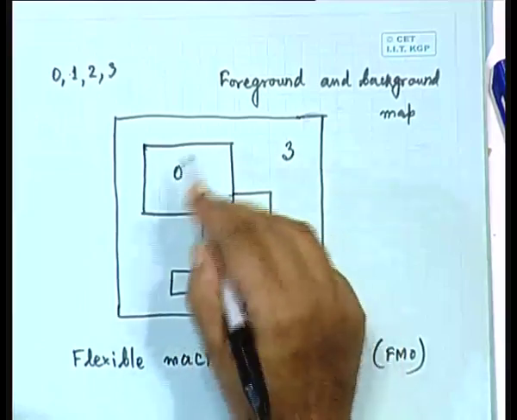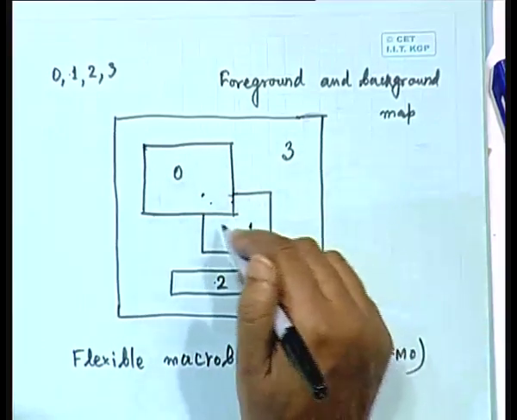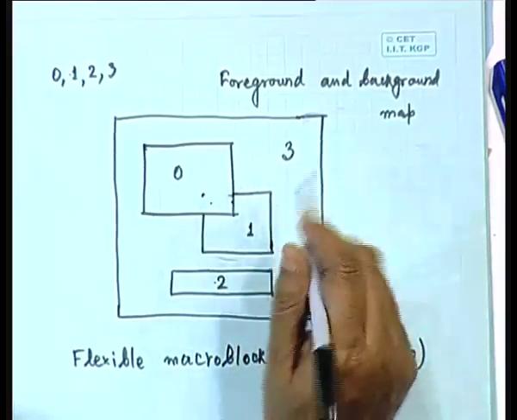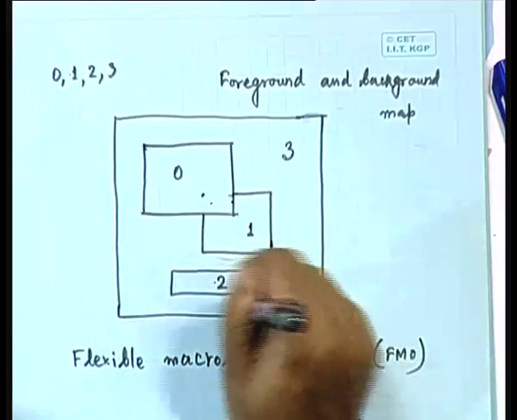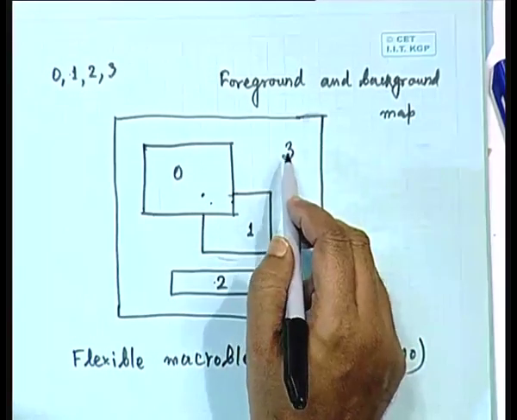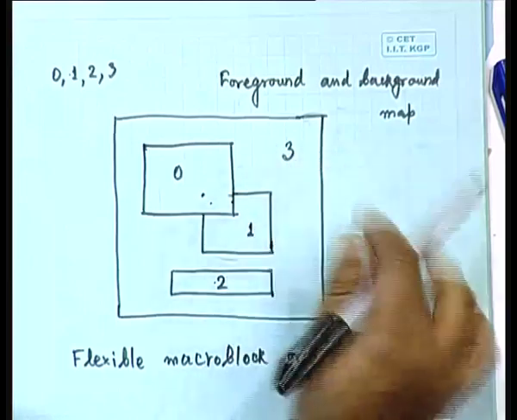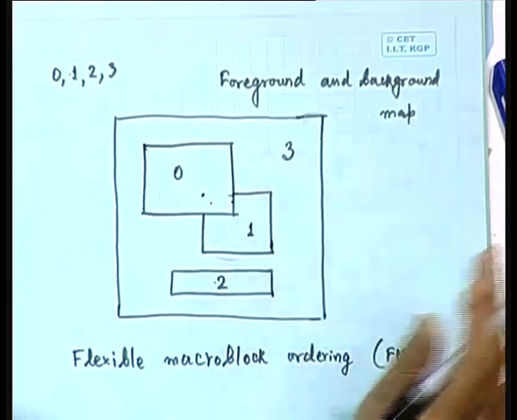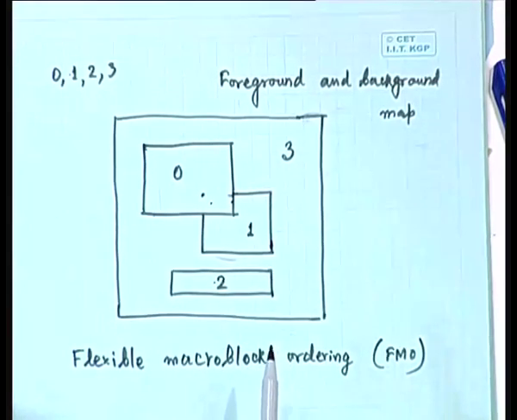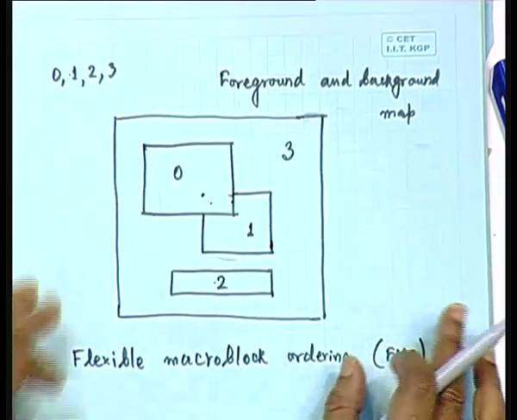The object corresponding to the area of 0 occludes the area number 1. Then the remaining region forms the background. And we can have the slice group formation based on this. Now, another advanced aspect that I need to talk about in H.264 is what is referred to as the